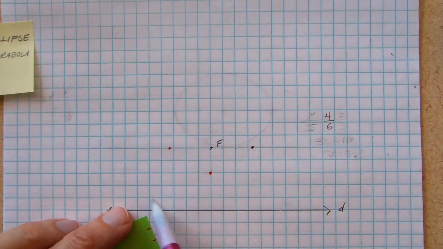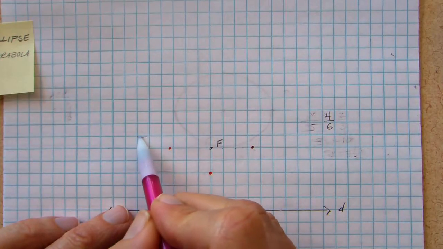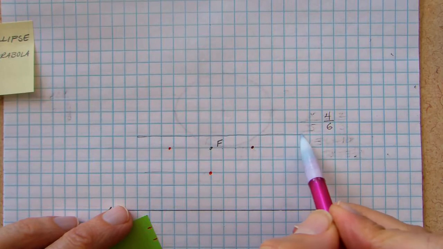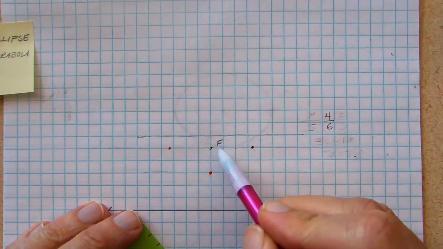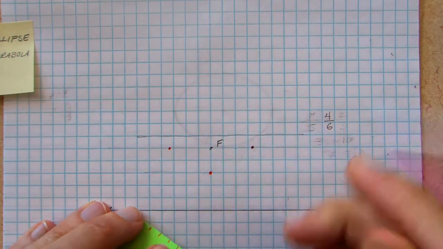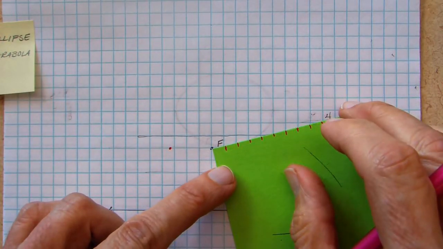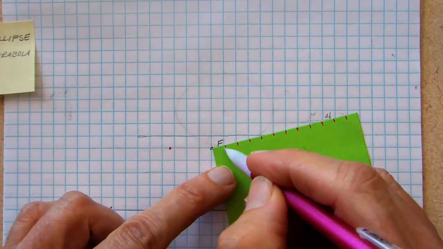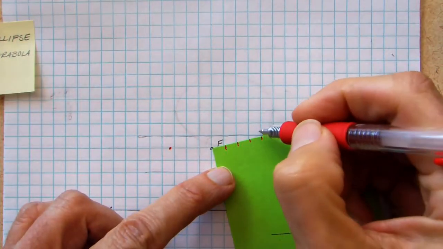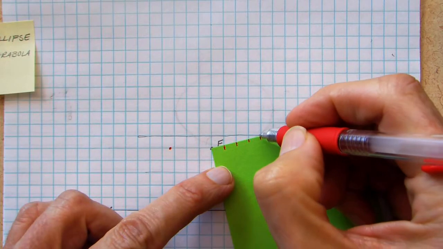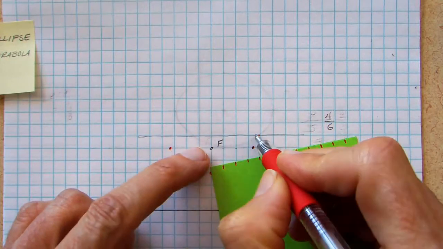So let's start with the directrix. Up 1, up 2, 3, 4, up 5. So here we are. Here's what I often call the 6th level. This is where you're definitely going to be 6 above the directrix. Somewhere along this line, I will be exactly 4 units away from F. And so I'm just going to do it by measuring. So it looks like from F, if I go out 4 units, 1, 2, 3, 4, right about here, maybe right around there is my guess, would be a point that's 4 units away and